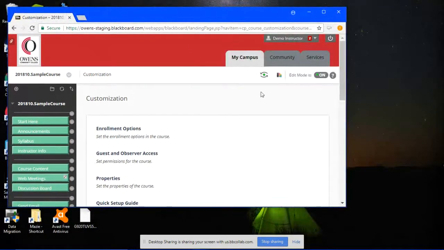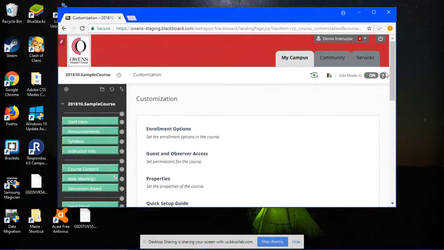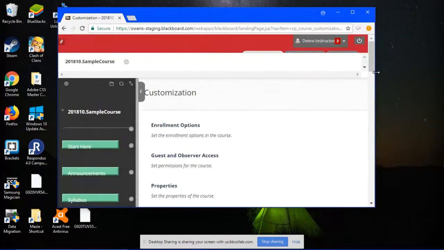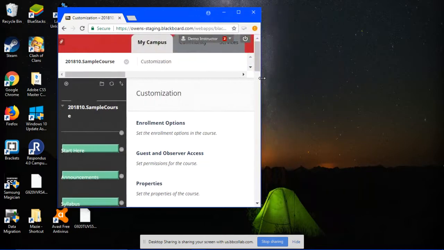Now I'm going to make my screen just a little bit smaller, but watch what happens to the course menu as I shrink this screen. You'll see that the text on the buttons becomes distorted and offline. You can see that, everyone? As I shrink the screen more, because the screen is trying to wrap the text, it doesn't keep the text on top of the buttons.